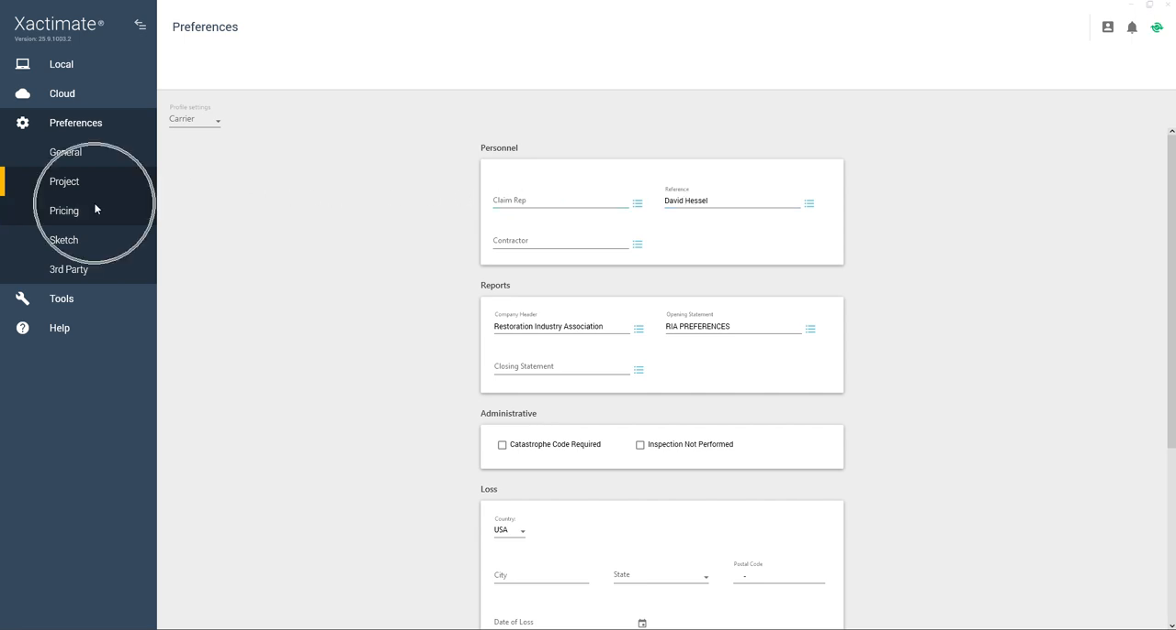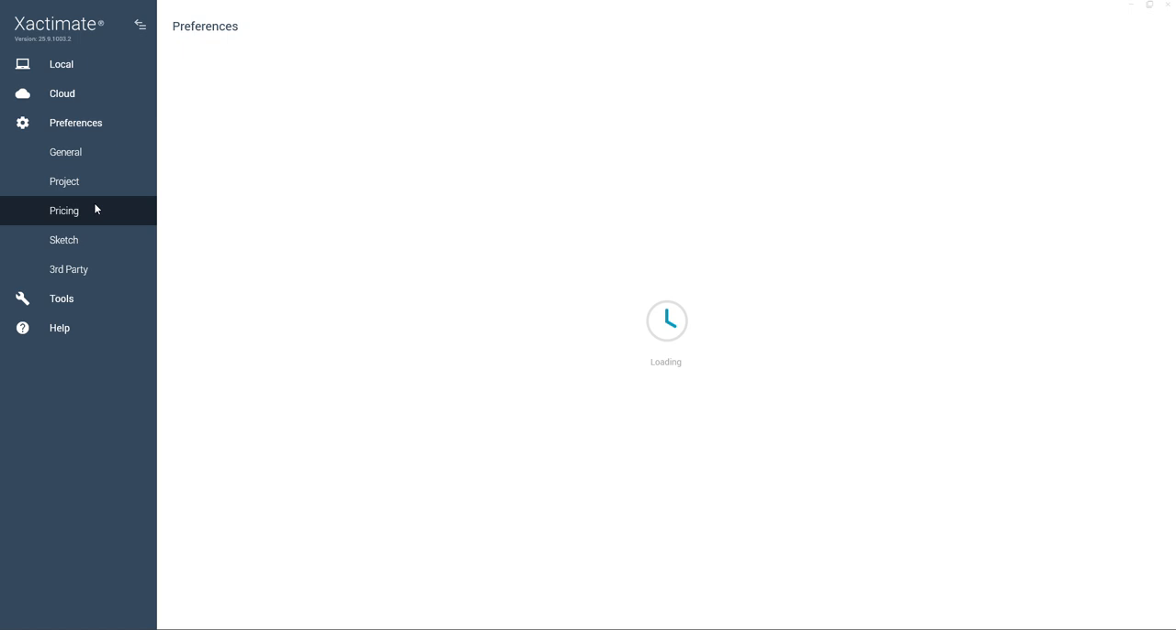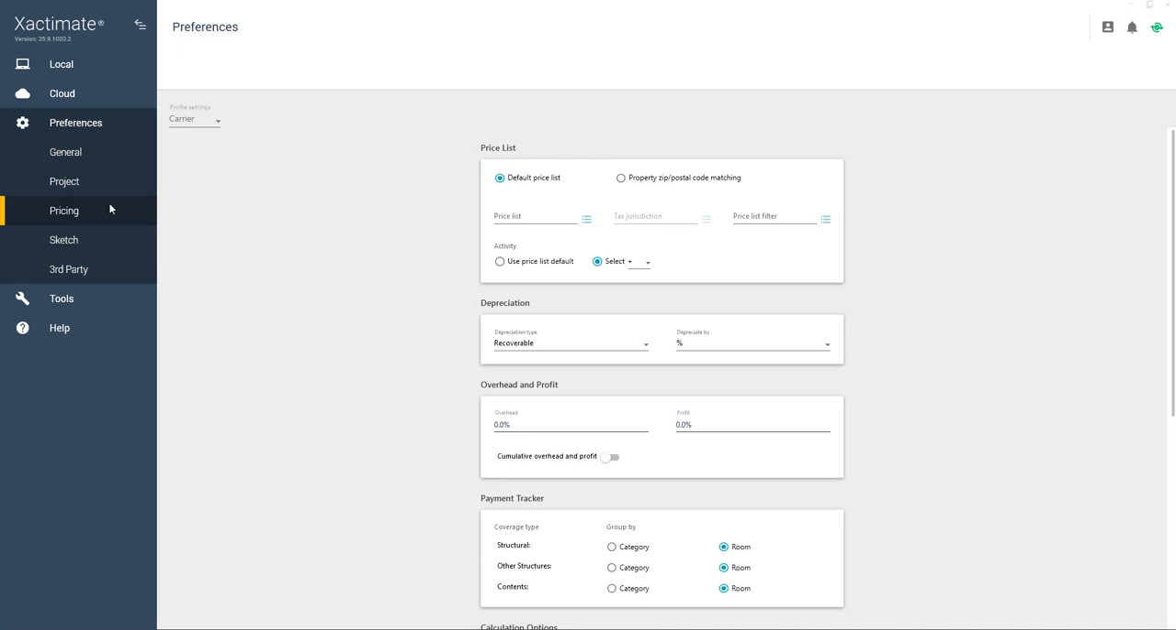Pricing preferences allow us to pre-select things like our price list, tax jurisdiction, depreciation, and overhead and profit. While it is still the best practice to search your price list by zip code, don't dismiss these price list preferences. There is an option to pre-select